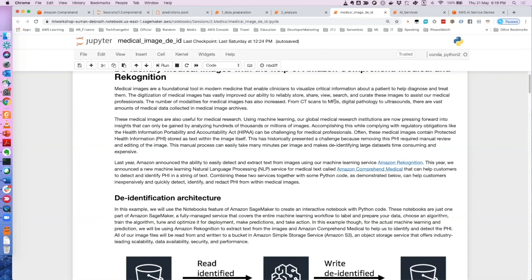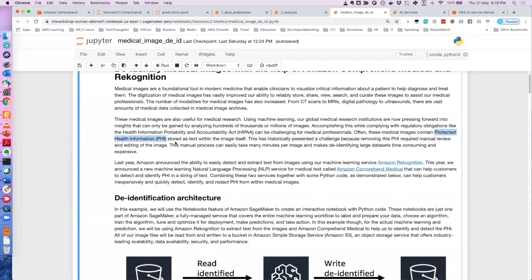We will first take that image and find out where in the image there is text. Then we will send that text to Comprehend to analyze, and Comprehend can tell me whether that text contains personal information or not, which is also known as protected health information, PHI.